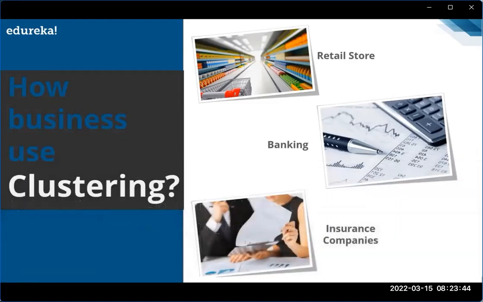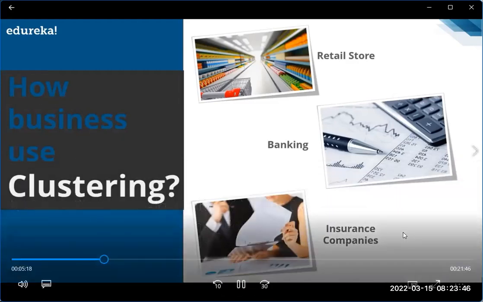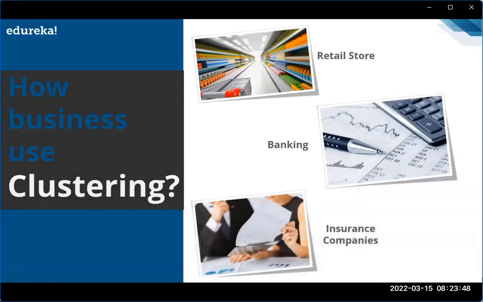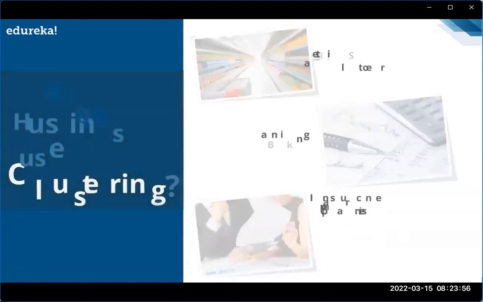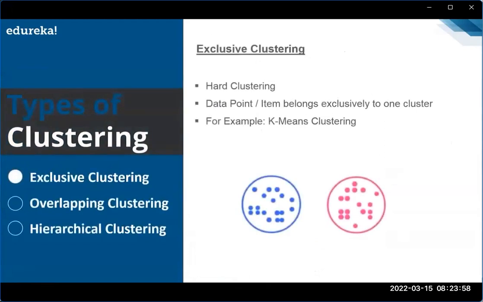While in the case of the banking sector, you can use it for customer segmentation, credit scoring, and analyzing customer profitability. All right. So this is how clustering is used in various businesses. All right. Let's move ahead. Let's see what the different types of clustering are. Well, we have mainly three different types of clustering: exclusive clustering, overlapping clustering, and hierarchical clustering. Let's start with exclusive clustering. Well, this exclusive clustering is a hard clustering in which the data points or the items exclusively belong to one